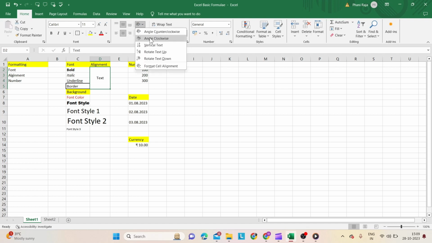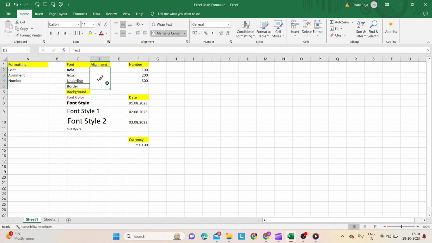called orientation. If I click on any of this, the letters in this particular word are changed. You can choose any other option. The letters will be changed in different direction as we choose here. Now, in case if we have extra spaces between the words or limited spaces than required, we can adjust it